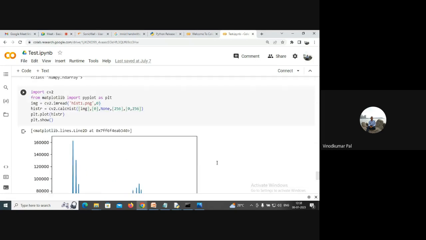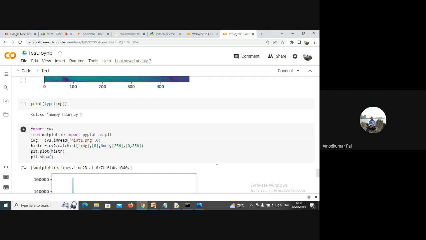So what we need to do, the first two things are the libraries. I hope that is already clear to you. From here, we are trying to read the image in grayscale. Zero value has been used for 0, 1, and -1. Histogram, one variable that we have taken, and there is a function directly,